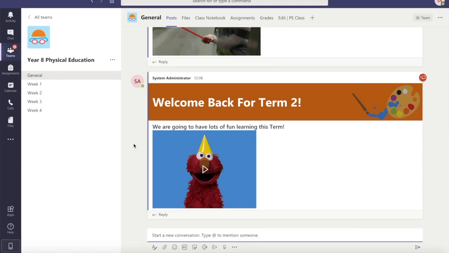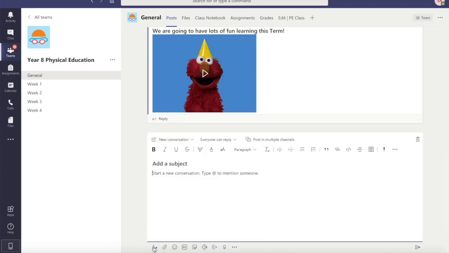Now, if you'd like to go even further and make your announcement banners even more personal, you can create your own graphics for them. That could seem a little bit daunting. You might think, oh, I'm not a graphic designer, or I'd have no idea where to start to do that. I don't have any graphic editing software like Photoshop or Illustrator, but you don't really need these. We can just use PowerPoint to create an announcement banner with our own graphic, and I'm going to show you